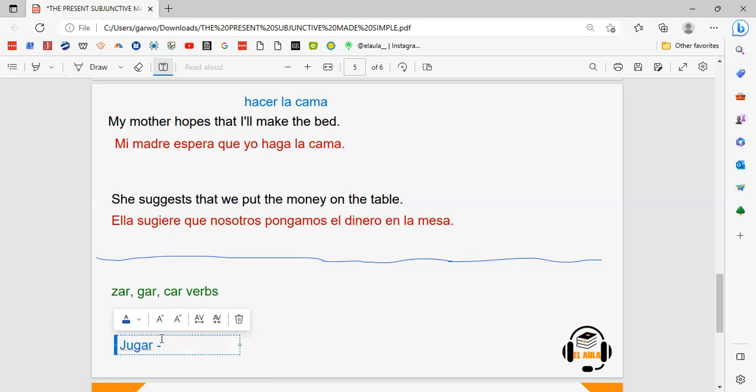Now, if we follow the rules again for conjugating this to, let's say, the tú form of the present subjunctive mood again, we'd end up with,